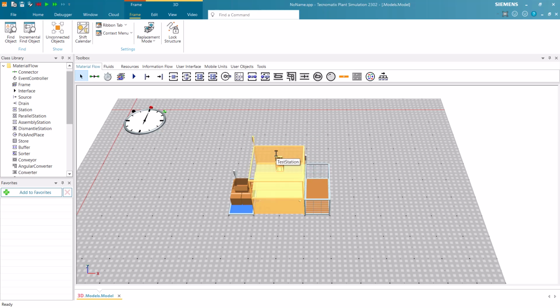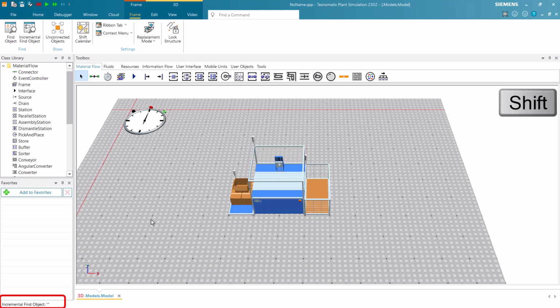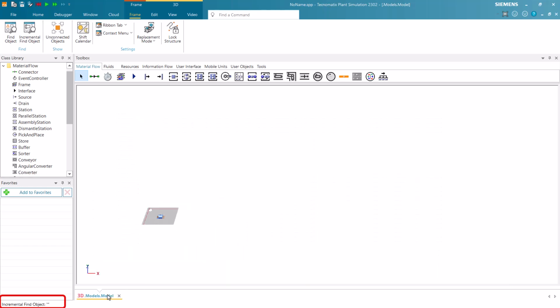You can also utilize Incremental Find Object. This feature finds the object whose name you start typing in the opened frame. Click on Incremental Find Object in the Frame ribbon, or simply press the Control key along with the I key. At the bottom left of the window, you can begin typing the name of the object you are searching for.